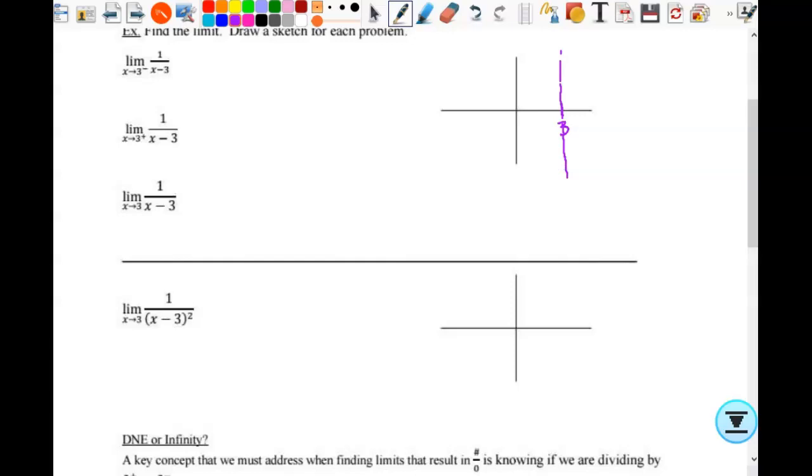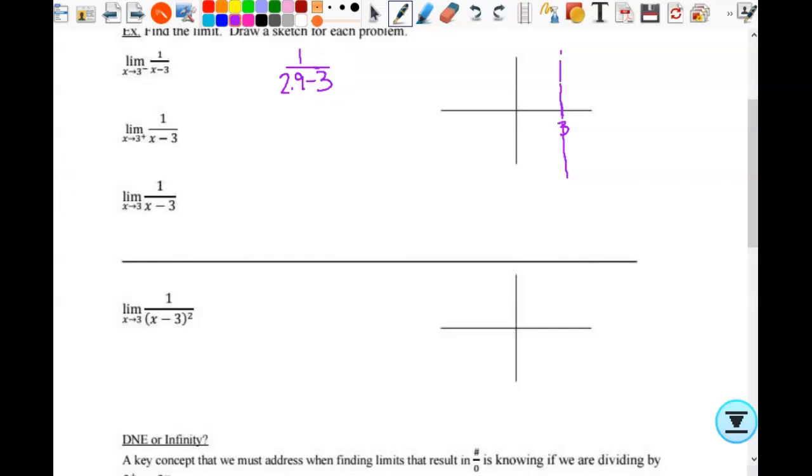So then that means since I have an asymptote, on either side of the asymptote, as I approach from the left, I'm either going to infinity or negative infinity, when I approach from the right, same thing, right? I just got to figure out which way it is. So a couple of different ways you can do this. One thing is if we're coming from the left, that means I'm coming from numbers that are smaller than 3, right? So if I come from the left, then I would have 1 over, let's say, 2.9 minus 3,